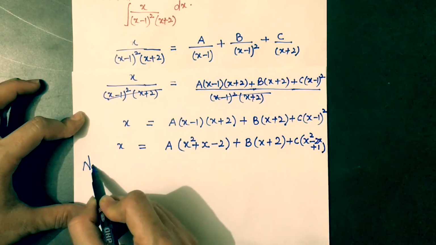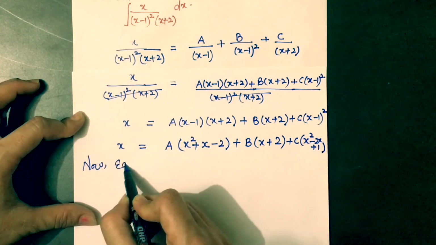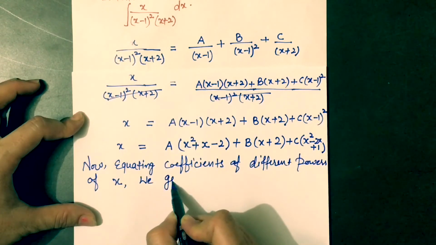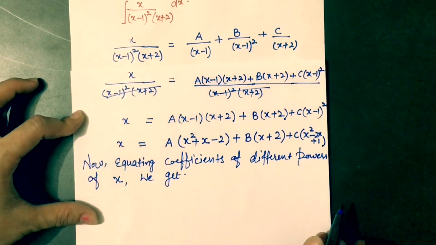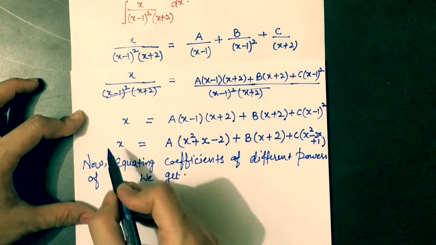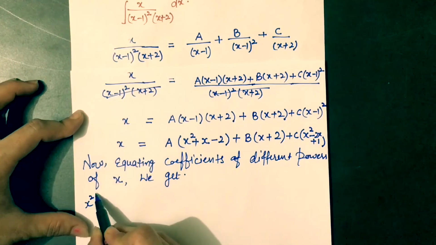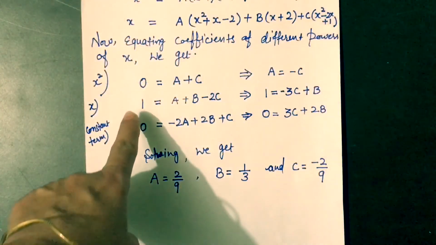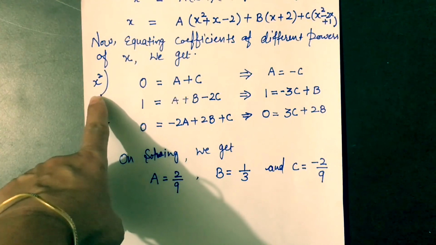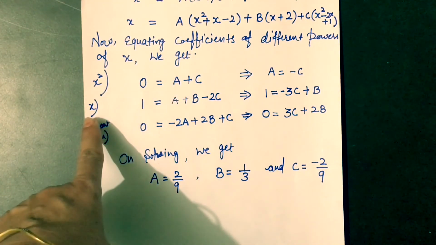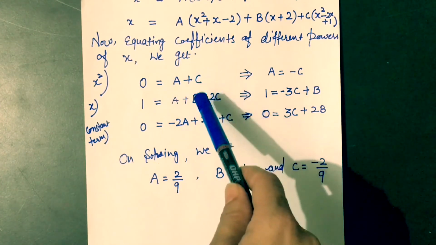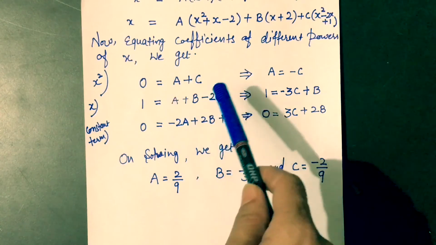Now equating, we get, first of all we will equate powers, coefficients of x square. Now after equating coefficients of x square, x and constant terms, we get these three equations, and after solving these